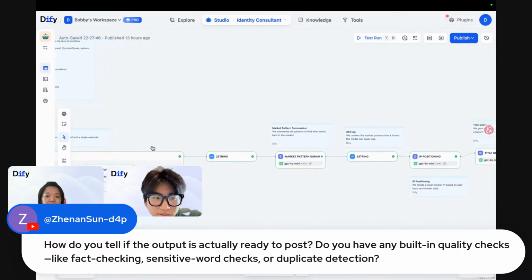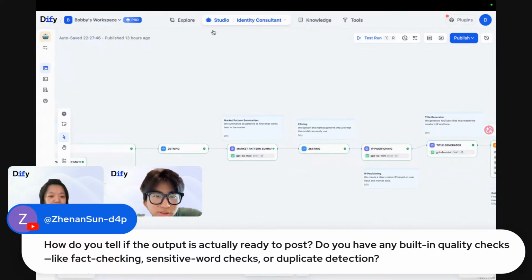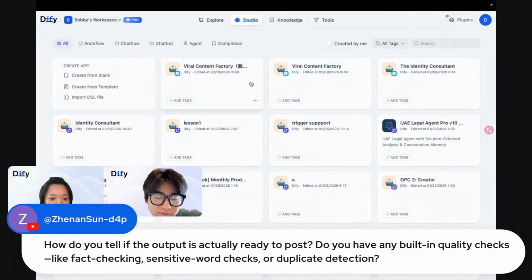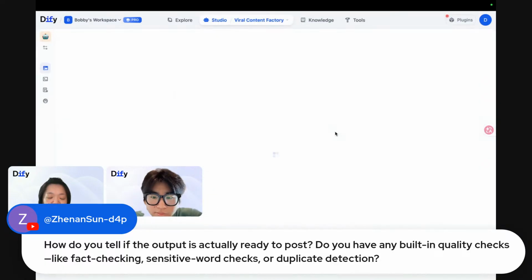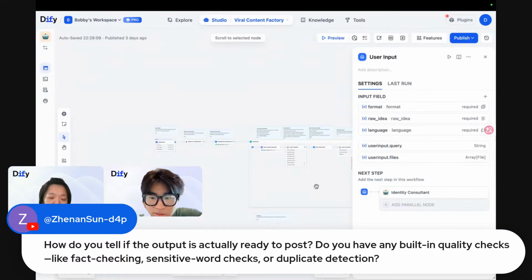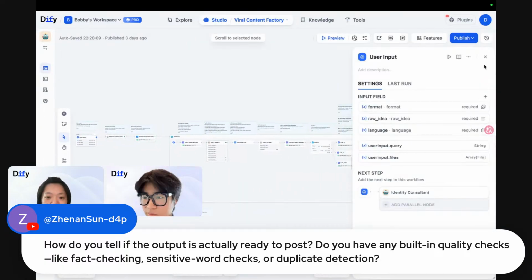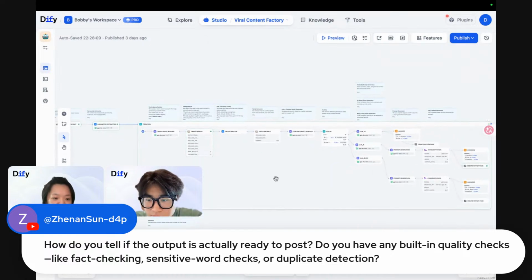You mean the output, the published content? Yes, whether there is a way to check that the content is ready to post. For example, fact checking, things like that. Yeah. Actually, we have a